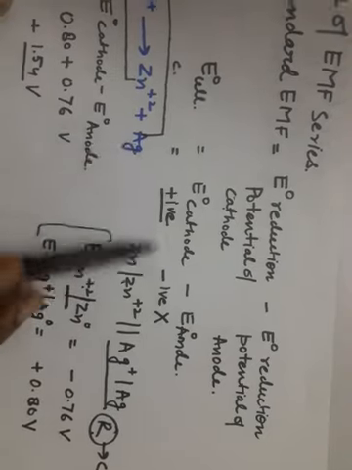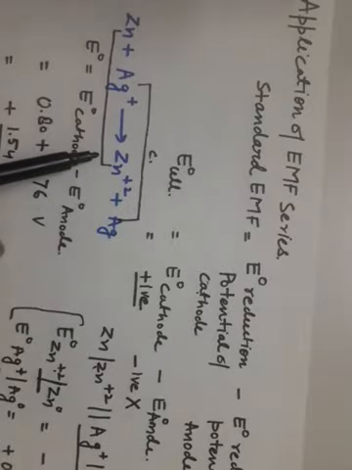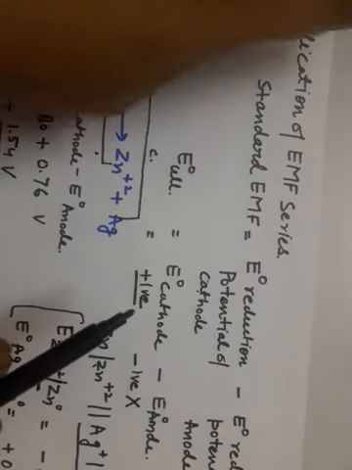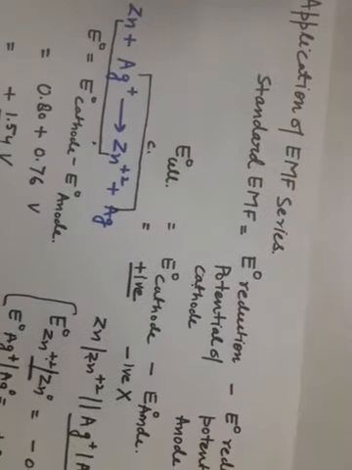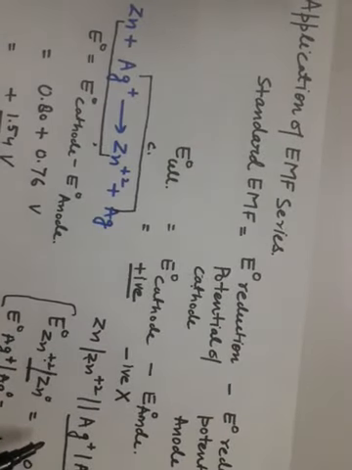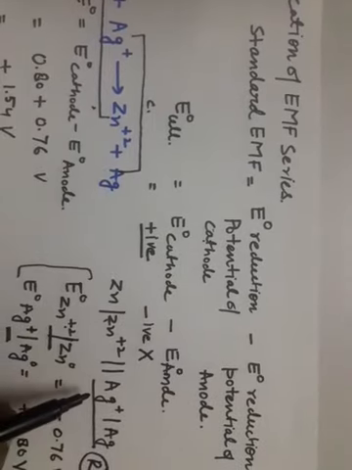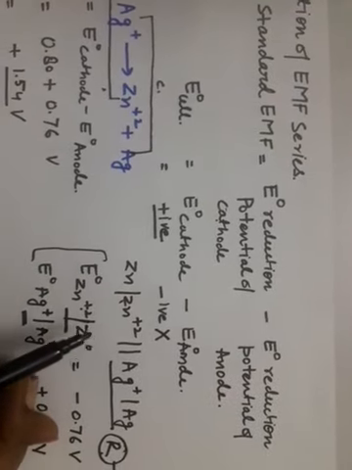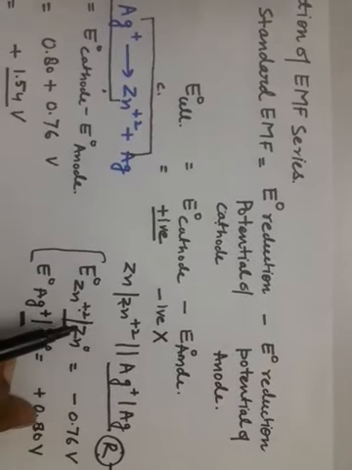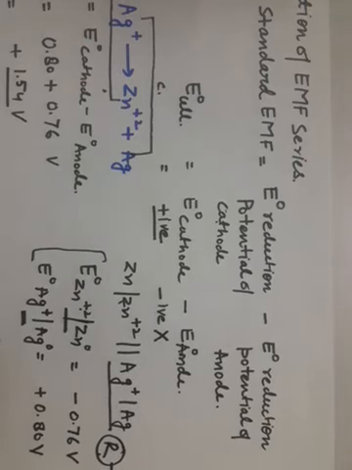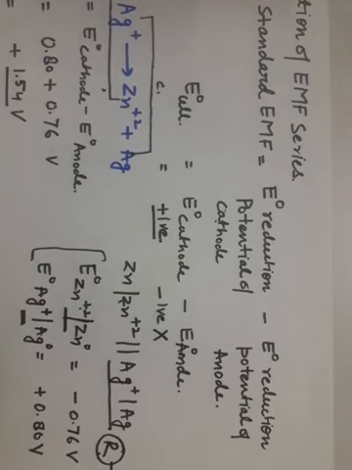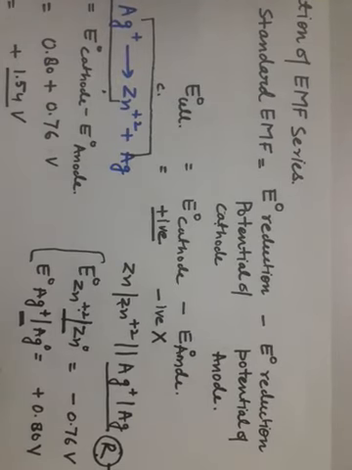The reaction आपकी इस फॉर्म में भी दी हो सकती है, ionic form में भी दी हो सकती है, और salt bridge की form में भी दी हो सकती है. सिर्फ आपने find out करना है कि किसका reduction हुआ है और किसका oxidation हुआ है, and place the value cathode minus anode, and this will help you to decide which metal is acting as a cathode or anode, and the cell can work or not.